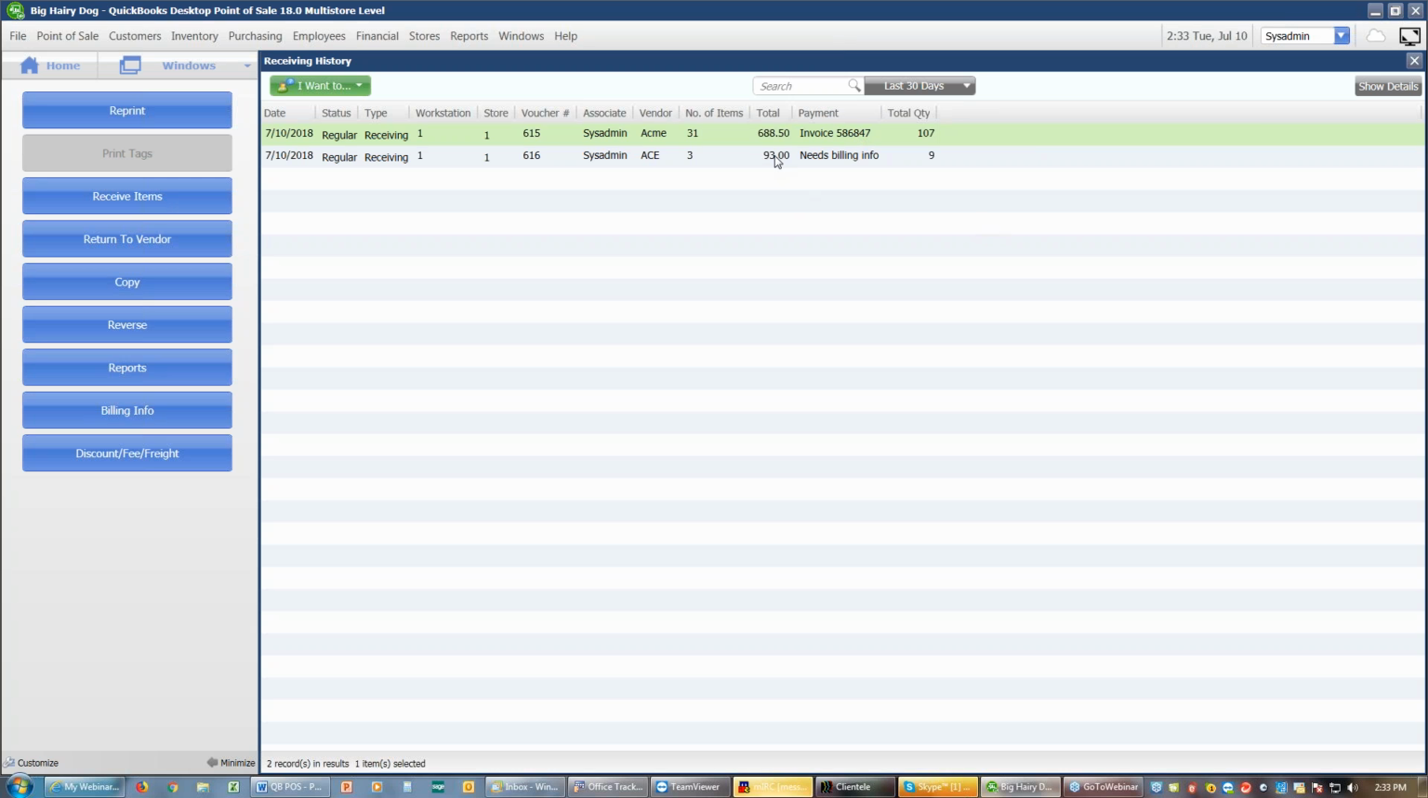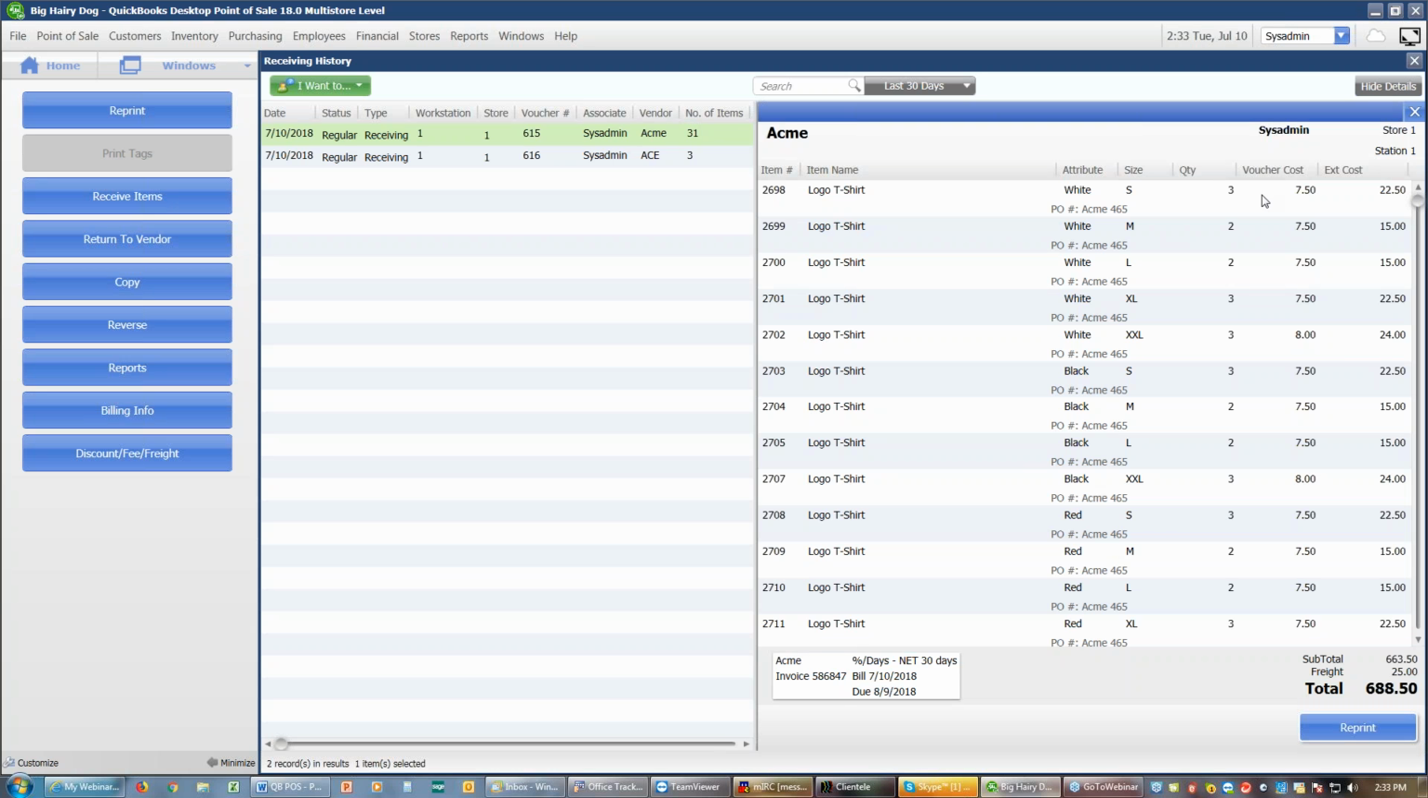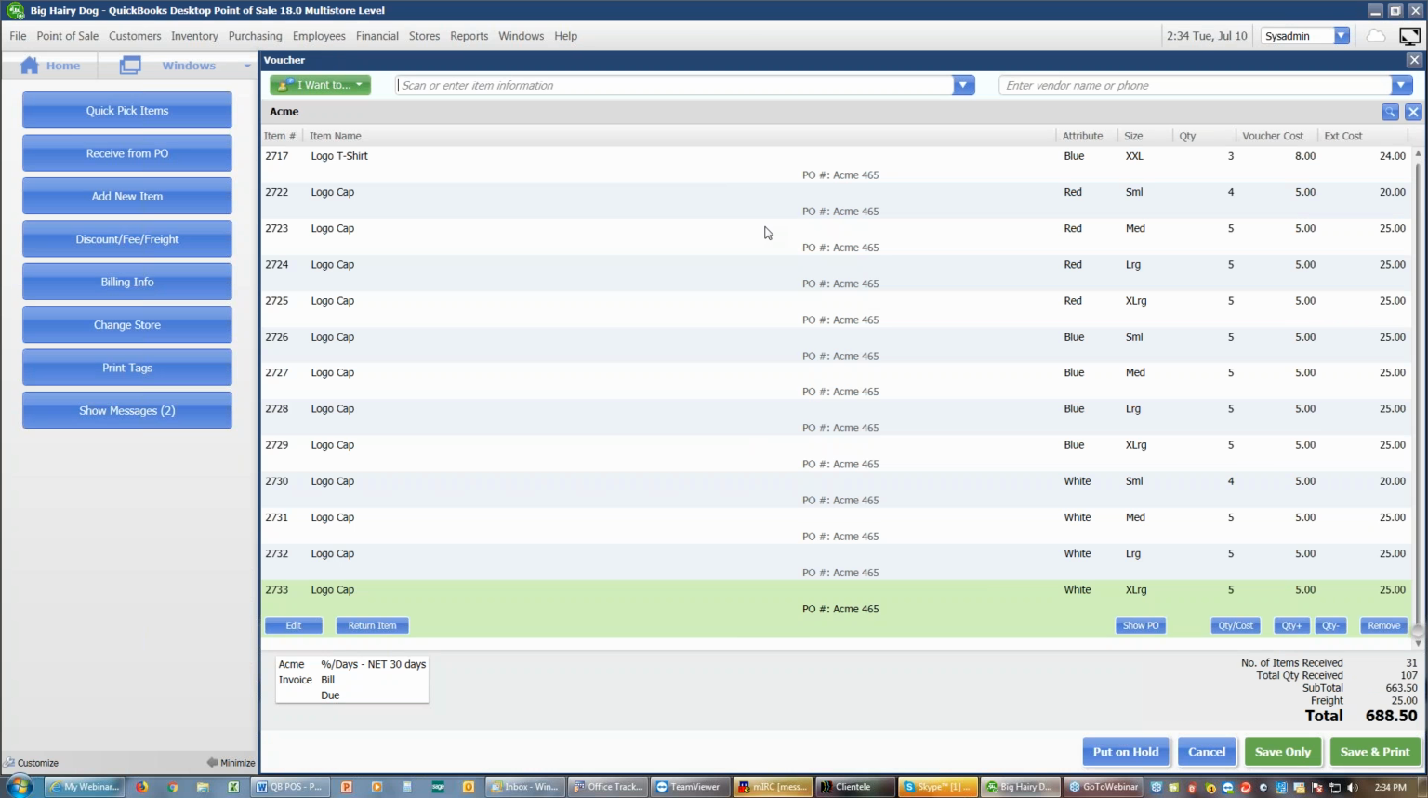If I find out that I made an error on this voucher or on this one, doesn't really matter which one, as long as it has not yet been sent over to QuickBooks Accounting, I can make adjustments. To make the adjustments, I would need to copy that voucher, because right now I can't change anything that has anything to do with quantities or cost. Those are locked in. But I could copy it,